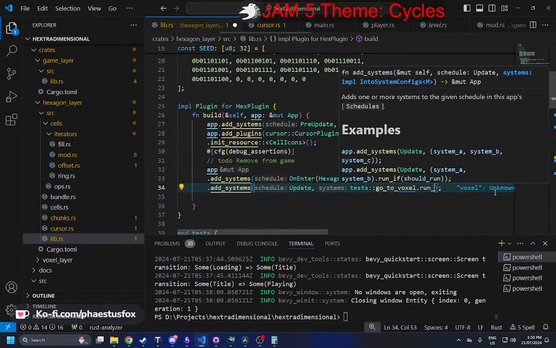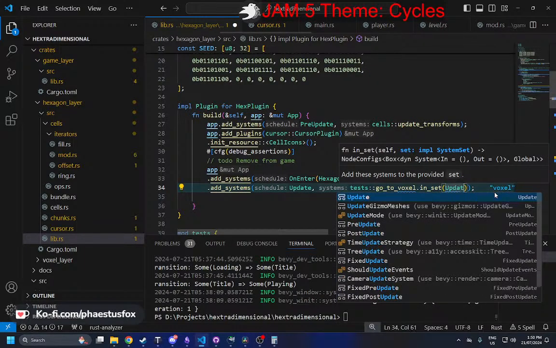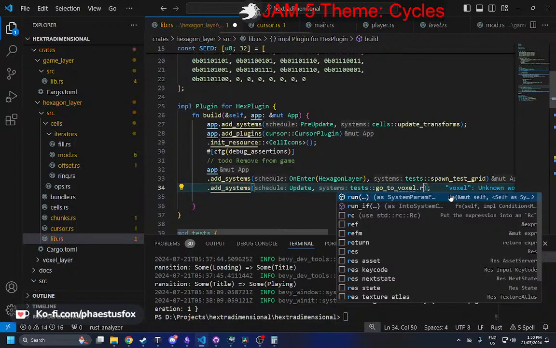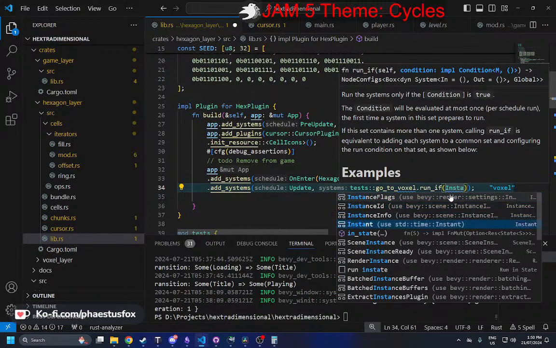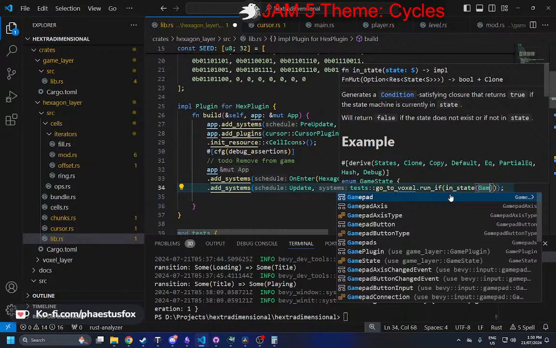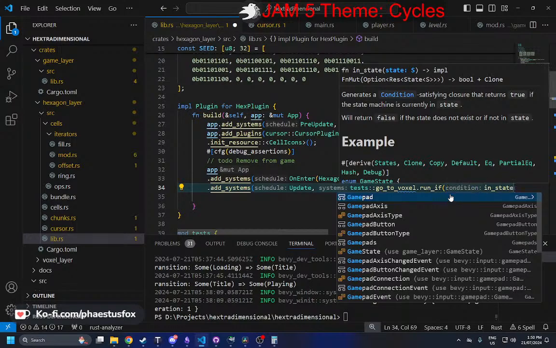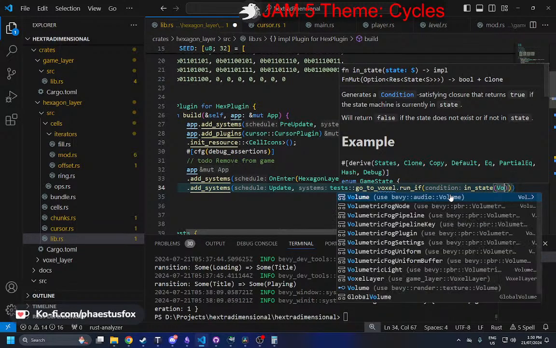There should be a set dot in set update. I don't remember how to do it. We'll just run if in state game. No, it's voxel, no,